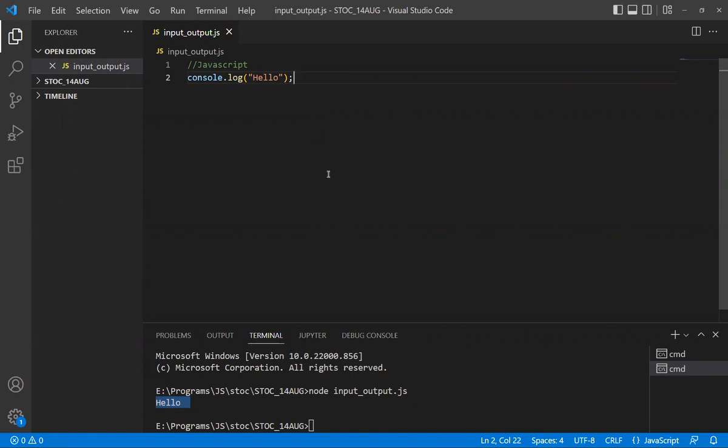Okay, so this is how we output something from a program. If you want to display something to the user, to the person who is using the program, you can use console.log. Now the next point is input. How to take input? Suppose I ask the user to enter the password. Now there should be a way so that the user can insert the password, right? So for that we use